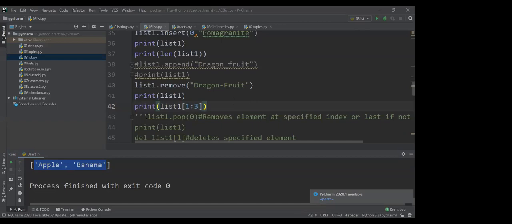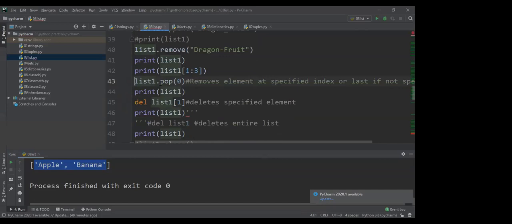Okay. Let us come back to this. Here, like the remove function, we have the pop function. But sir, we use 1:3, then it prints 1 and 2. Okay, Manish, I told you now: if we use print list 1:3, I mean 1 colon 3, it will be printed from 1 to 3 by excluding the value at index number 3. So obviously it will print 1 and 2 only.